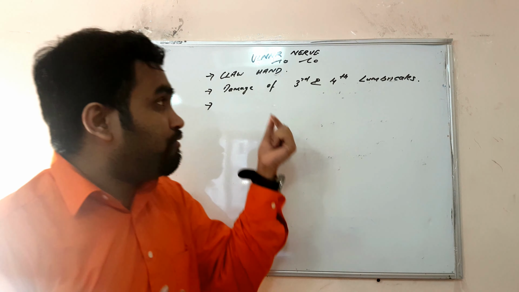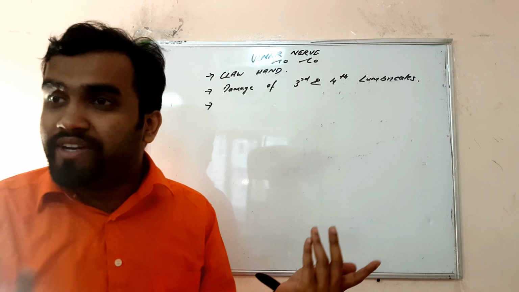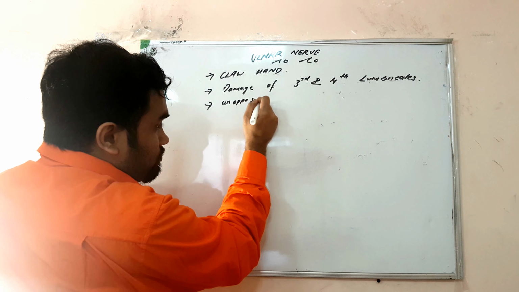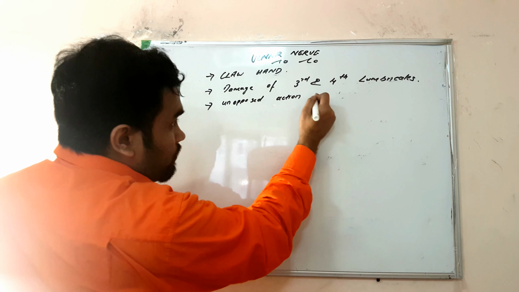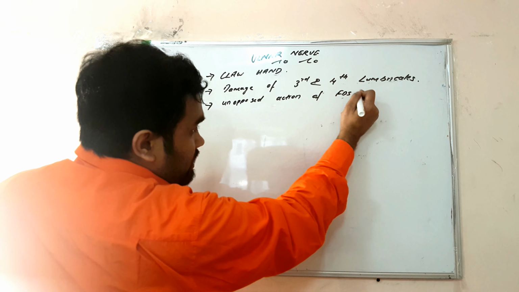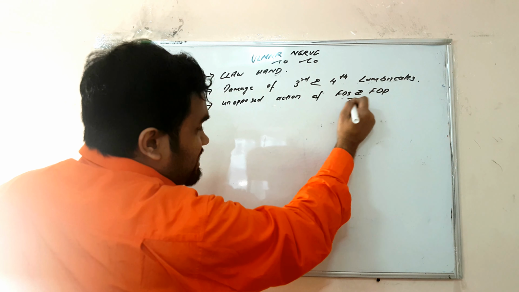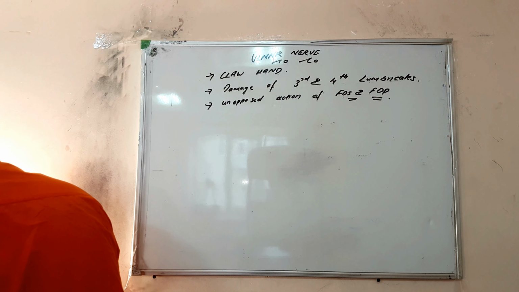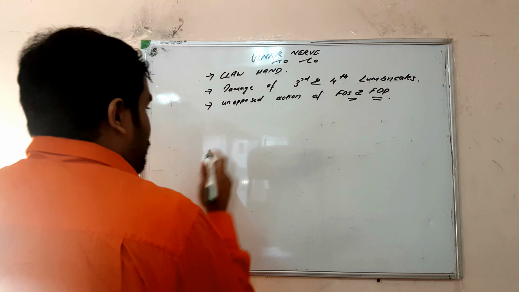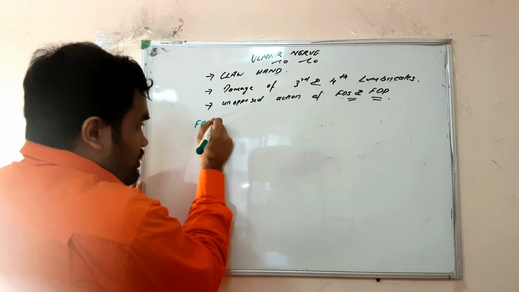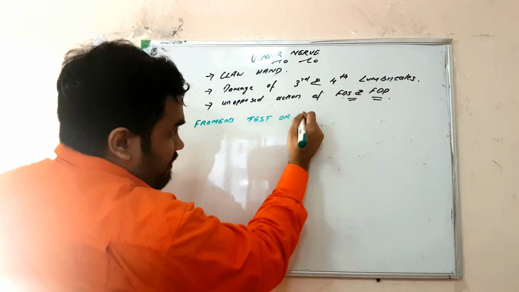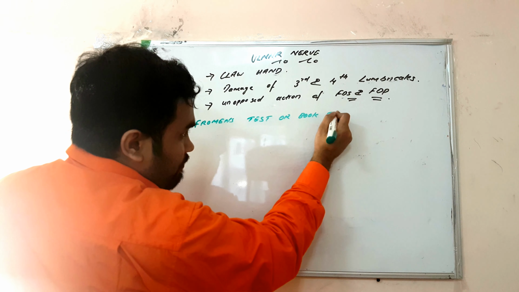Now if the ulnar nerve is damaged, the median nerve is working. So there will be unopposed action of FDS and FDP. So the other reason is unopposed action of FDS and FDP. So this is the main reason in ulnar nerve injury. Now we have an important test known as Froment's test or book test. Very important MCQ. This test is done for the ulnar nerve.